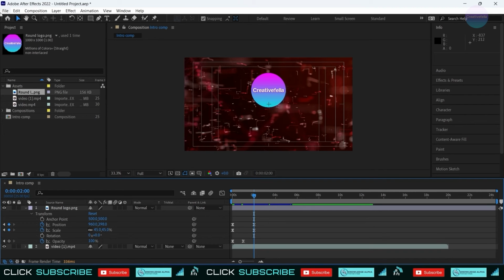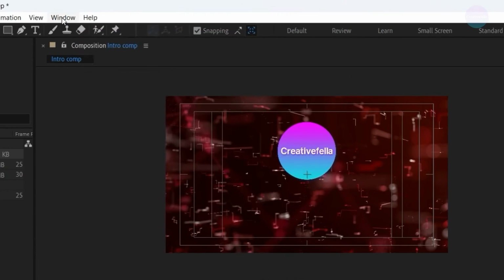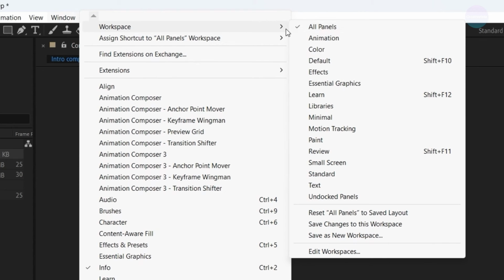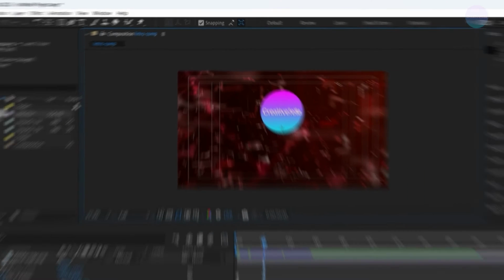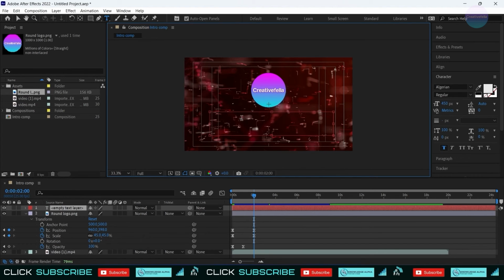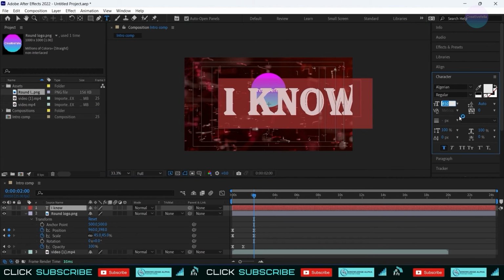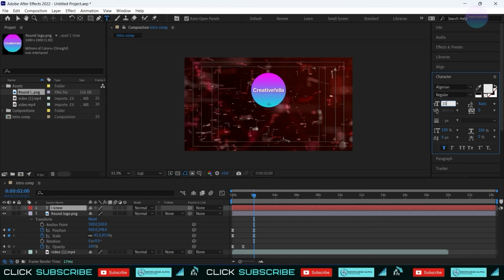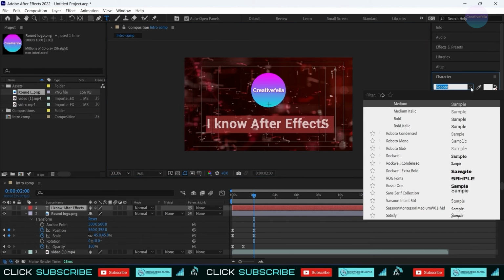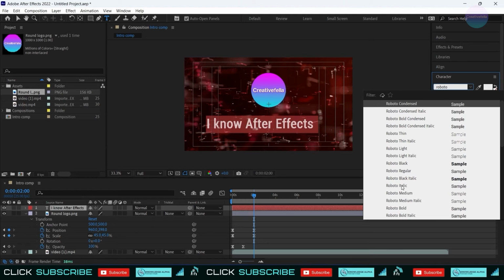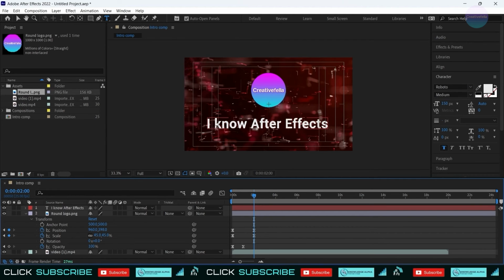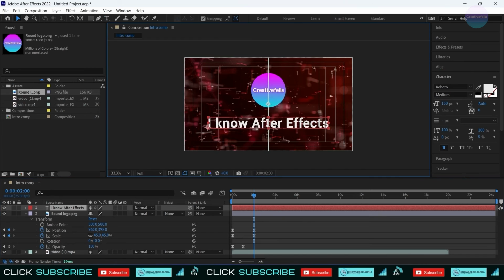Basically, what I have done is I was not having this window. For this you have to go inside window, workspace, and check the all panels tab, so that you have all the options over here. Here we will be writing the text. Page size, 100 is fine. Okay, so after this we will be having a